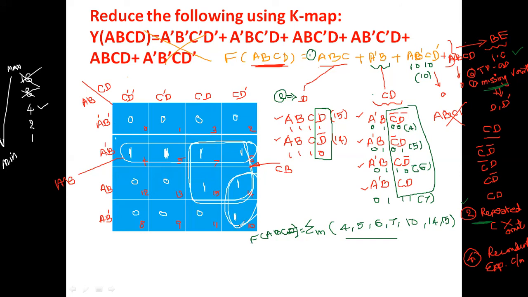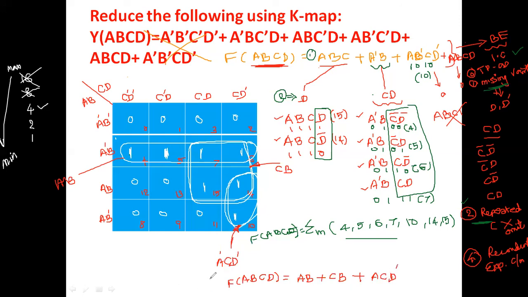So in this grouping, since it is a grouping of 2 ones, the result may have 3 variables, out of which C and D bar are the common variables. For these two, A is a common variable since B is changing to D bar. Therefore, what is the final result? F of A, B, C, D equals, from the first grouping A B, from the second grouping C D, from the third grouping A C D bar.